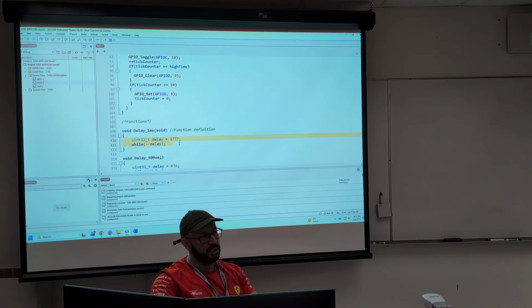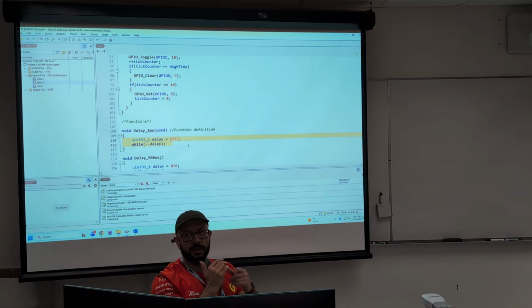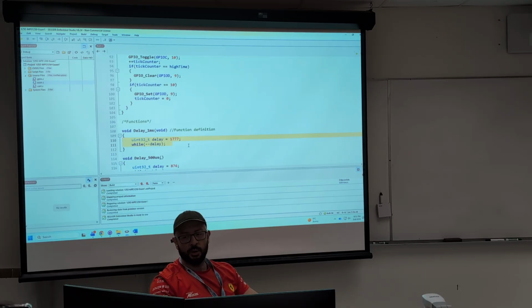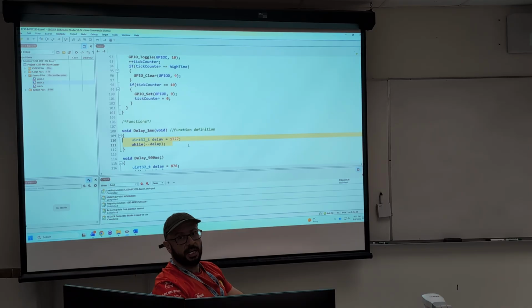However, just one comment. One of the things that we need to start getting used to, and in this exam for marking, I'm going to be very relaxed because it's the first exam. But from the second one, I'm going to be more demanding in terms of following the best practices. One of those best practices is giving proper names to the functions, and having proper code indentation and organization. Some of you decided to edit this function. It's okay, but do not call it delay 1 millisecond, because it's not a delay 1 millisecond anymore. It's a delay 500 microseconds.